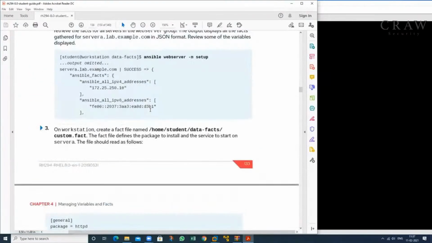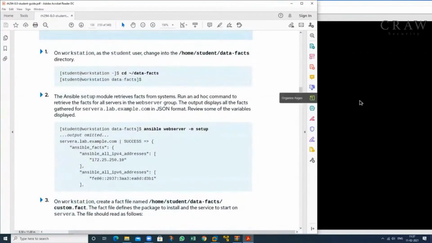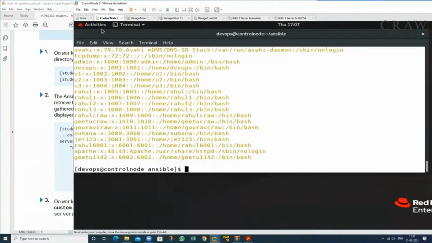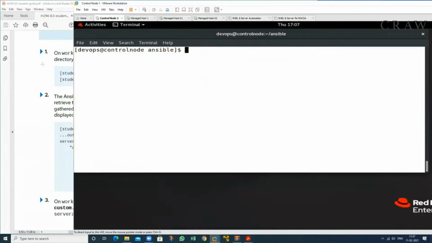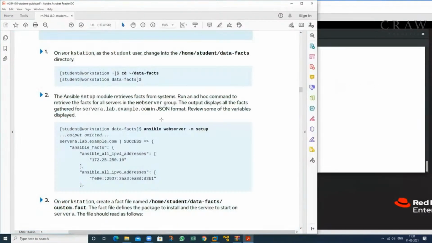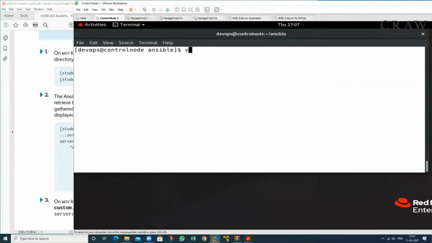So see. This is my control node machine, and go to this particular machine, and you want to perform which command? Ansible, then your name, then Ansible. So first go to the inventory file, this one, and just place the group name. Just place the group name here, just web